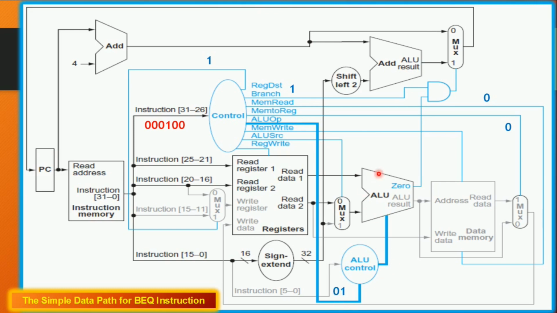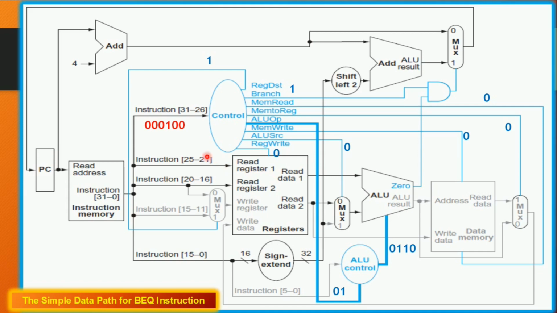The ALU OP signal for branch instruction is 0, 1. So here my ALU will be acting as a subtractor. For subtraction, the ALU control signal is 0, 1, 1, 0. I am not going to write any value to the data memory. So mem write will be deasserted. ALU source: I have to compare the data from 2 registers only. So the second source to the ALU is also data from a register. So ALU source will be deasserted. Here I am not going to write any data to the register. Simply I am going to read the data. So reg write also will be deasserted.